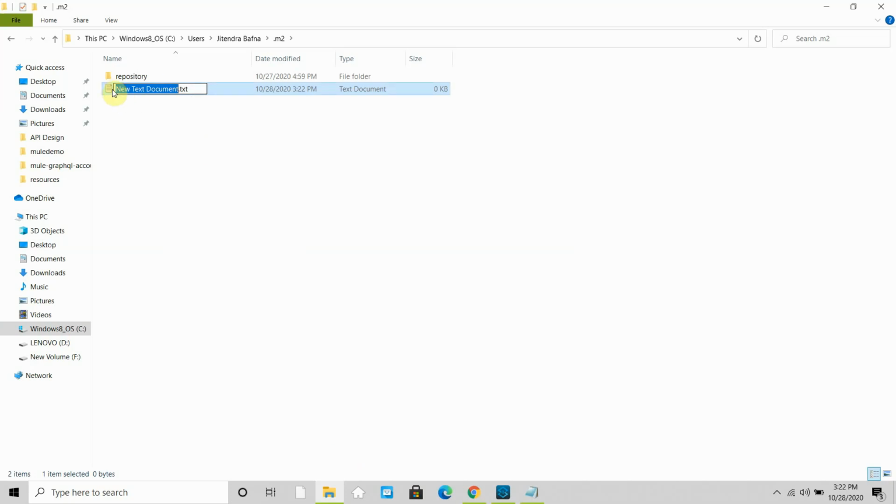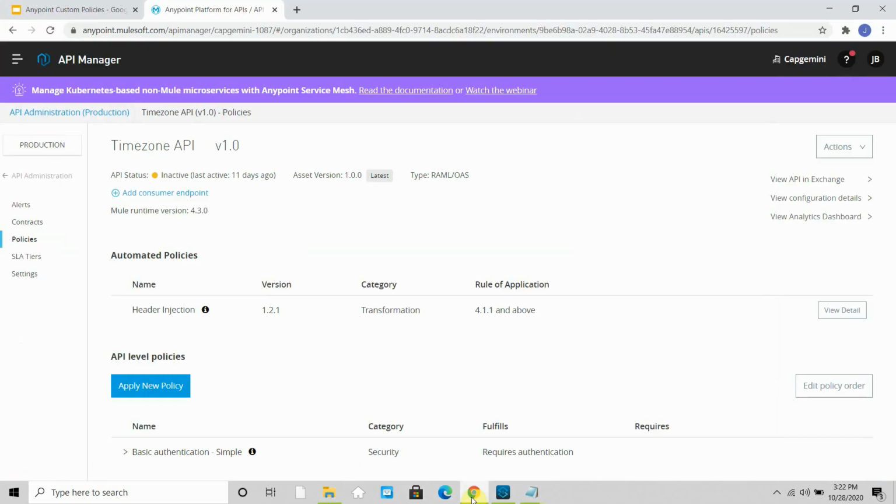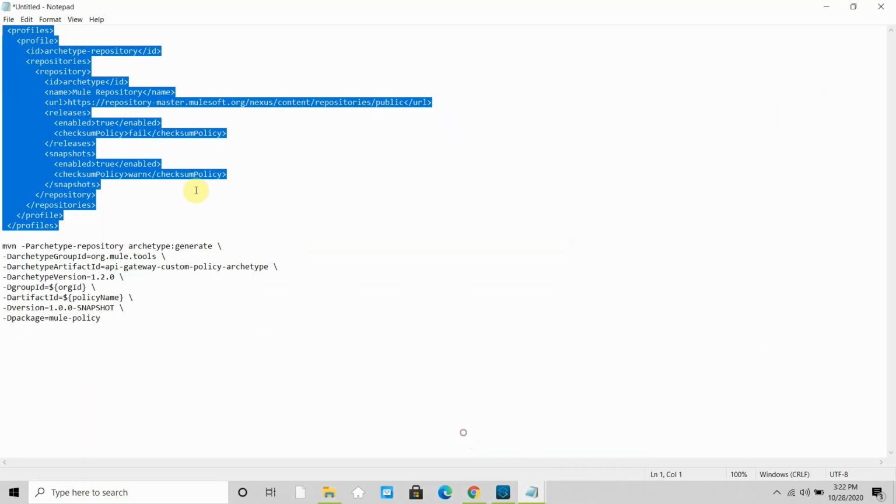I will edit this text file, and I can write settings, slash settings. Then I can copy this particular profile. Basically we will use the archetype to generate the project, so for that you have to add this profile.